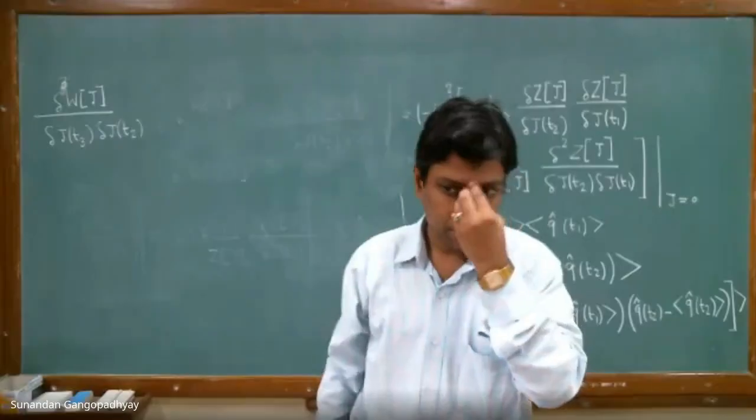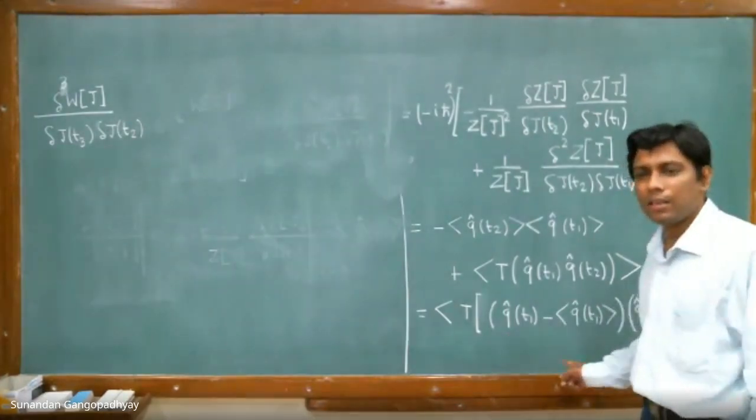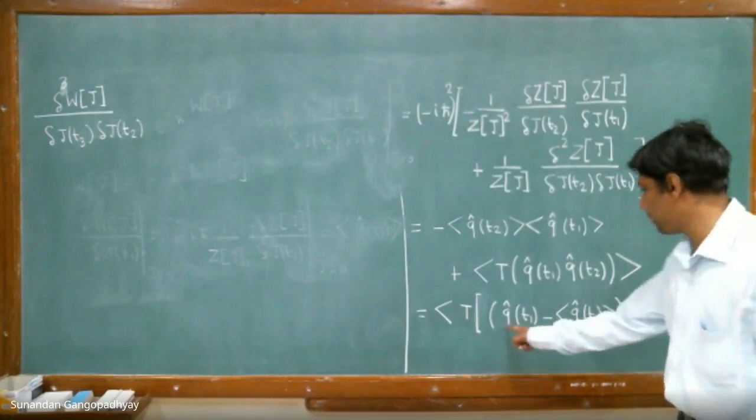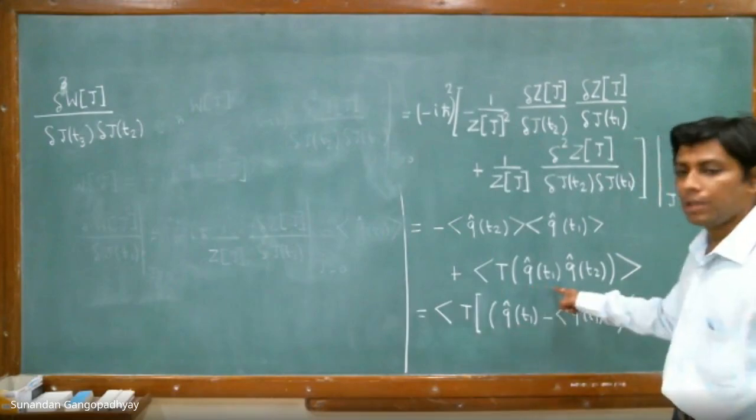Sir, yes. The first term is minus expectation Q cap T2 into expectation Q cap T1. So shouldn't there be a plus sign in the total expectation value in the last line? In one of the terms, I mean. Just check it. You multiply this out and check it. This is a trivial thing. You just multiply it out. See this term, this multiplied by this will give you this, right?